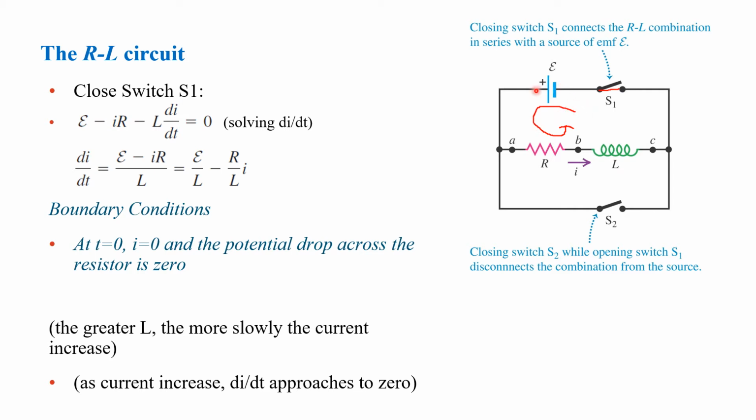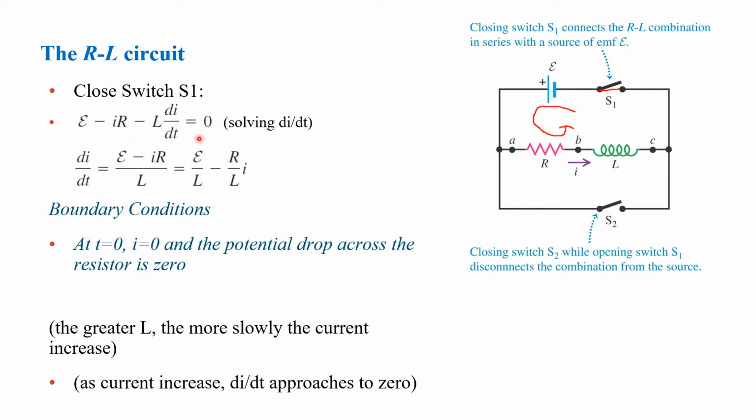First you have your epsilon, minus IR, since your current flows through this direction, so you have minus IR, minus the voltage here, which is minus L dI over dt. Since we don't have any other circuit component, you have epsilon minus IR minus L dI over dt